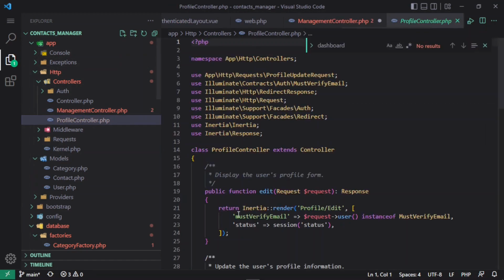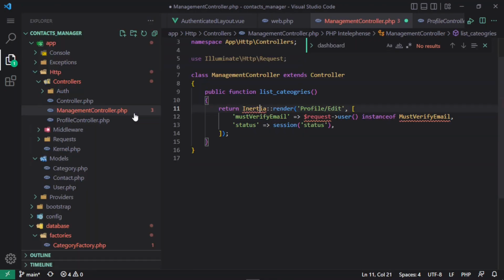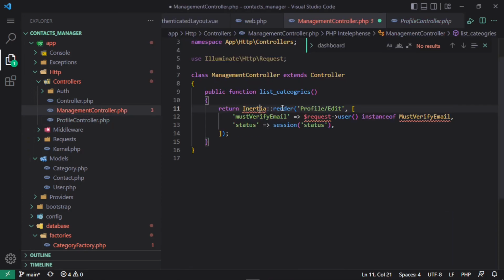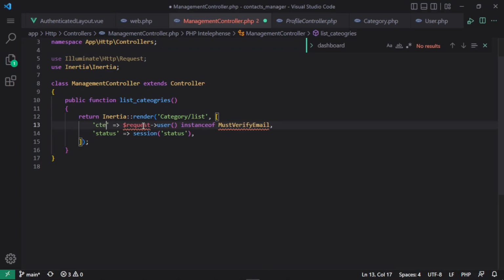I think we can copy that from there, just like this one. So Inertia use statement, and here this is going to be the path to the Vue.js file. So we are going to create that inside the category directory, and let's call it list, and we